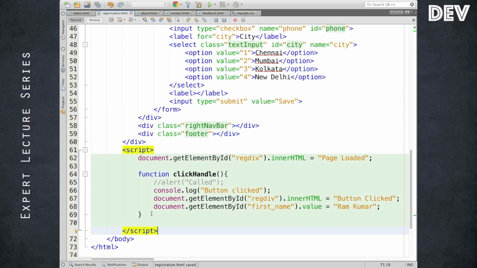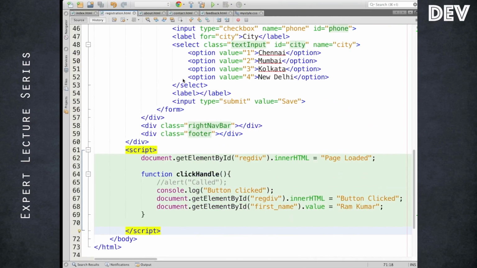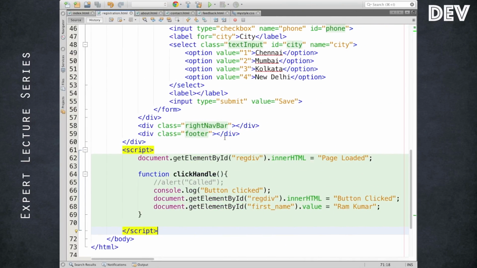So if I keep it here, I see that the change reflects immediately as the page loaded, and of course I can click on it, the text is also manipulated. So the placement of the script block is very important. When you get in touch with the DOM, you have to make sure the document object model is ready, so the script block can take effect on it.